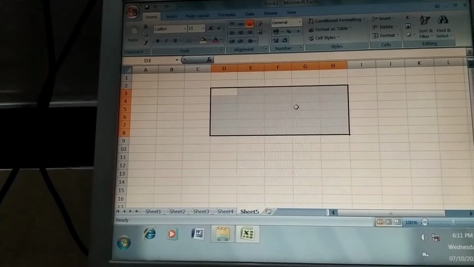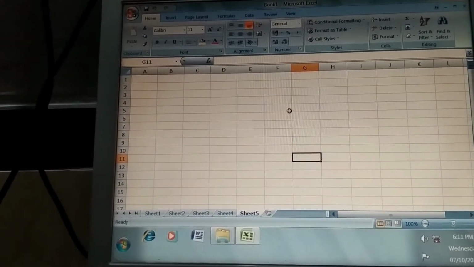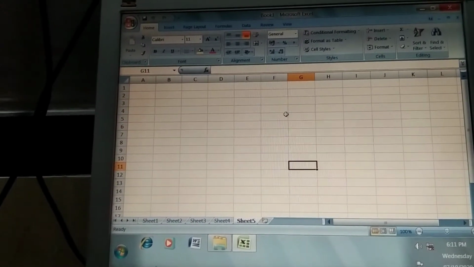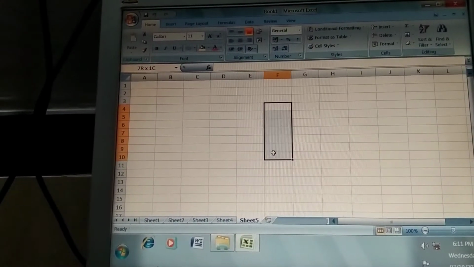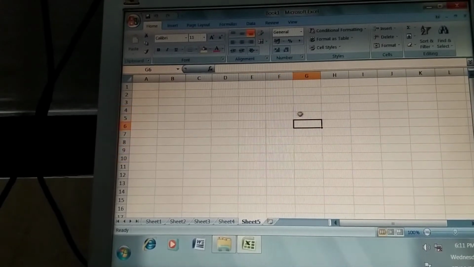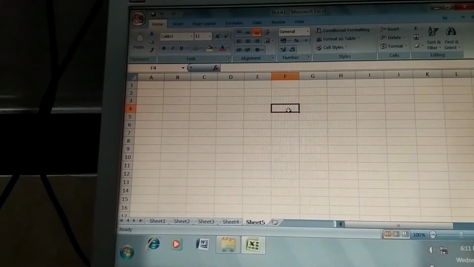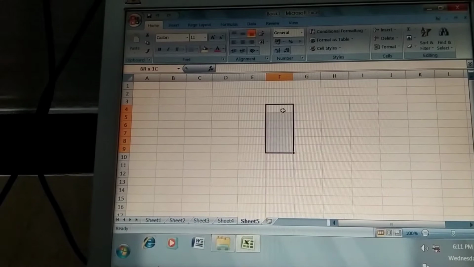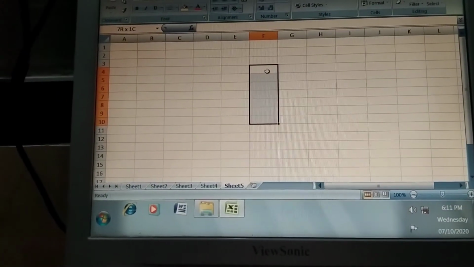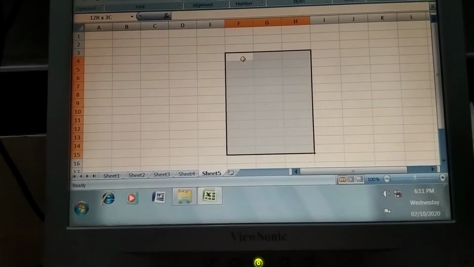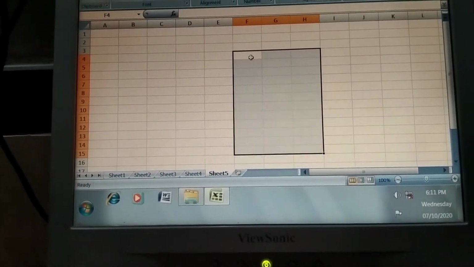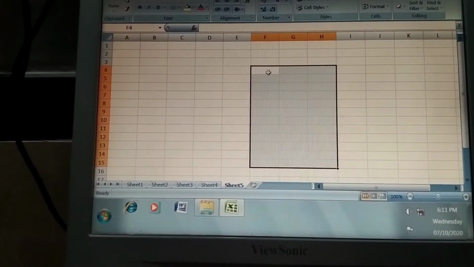Now how to select a cell range? There are two ways, through mouse and through keyboard. Through the mouse we can select and drag our mouse, and the next one is to click and press the shift button, and then use the arrow keys. Suppose I press the down arrow, it goes down, and if right side, the column will be selected. So in these two ways we can select the cell range.